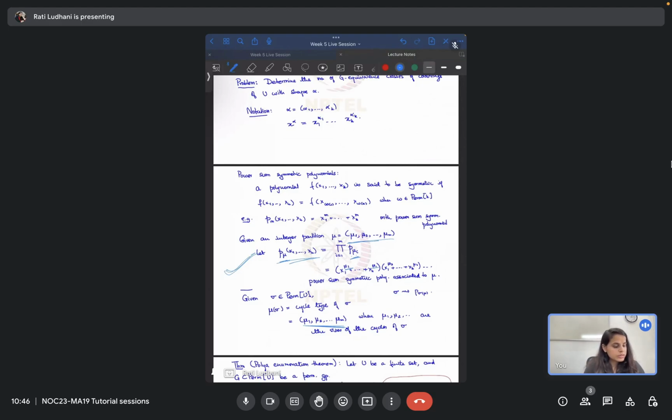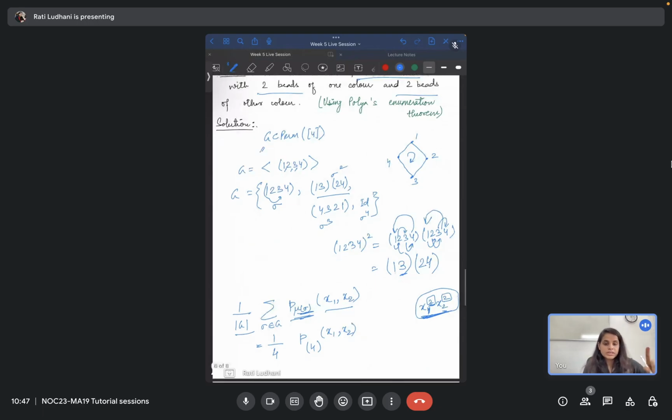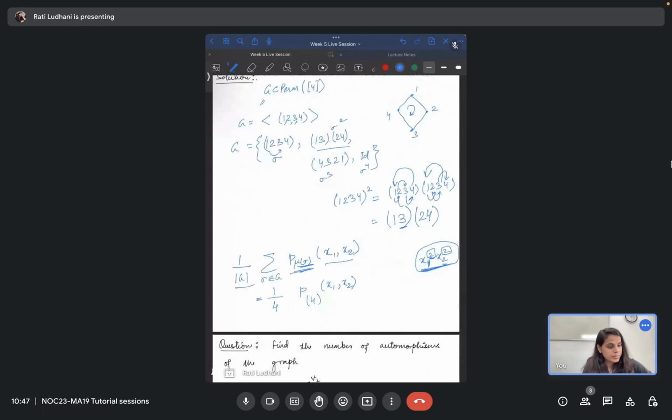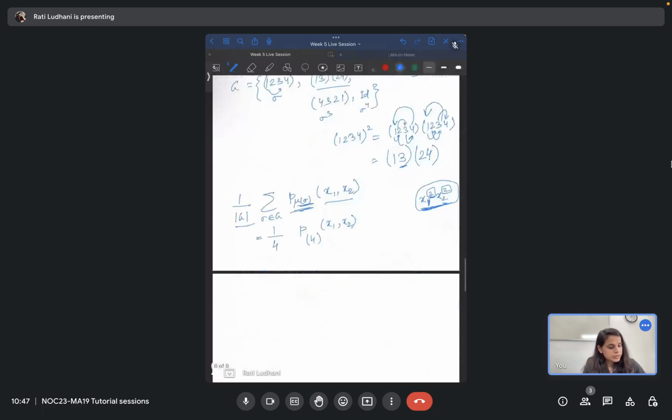So here, for one example, what is mu sigma? So first one, mu sigma is, sorry, this is cycle type 4. So you have just 4. x1 cycle type is just 4 because you have one cycle of length 4. Sorry, cycle length is 4, or one cycle is of length 4. Okay, plus you will get